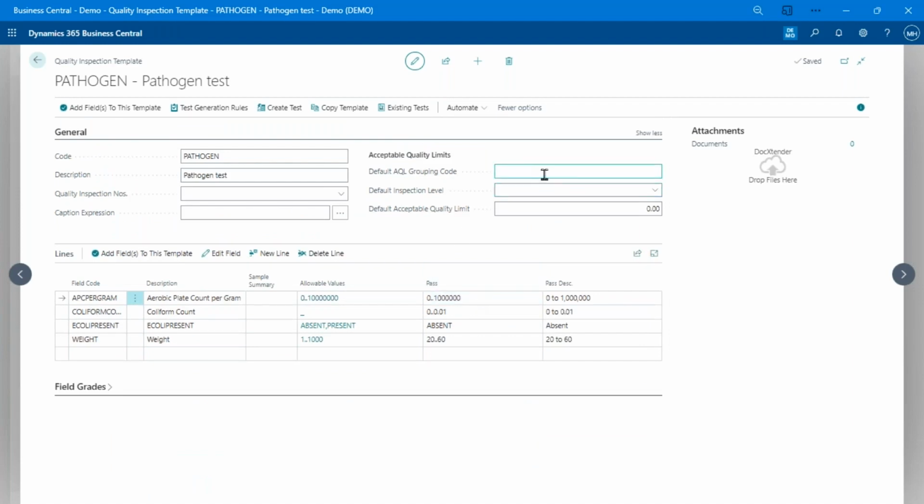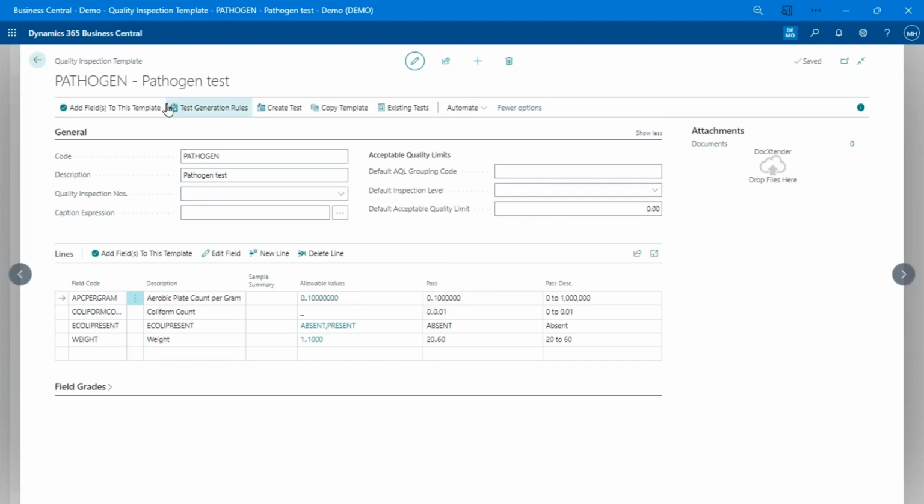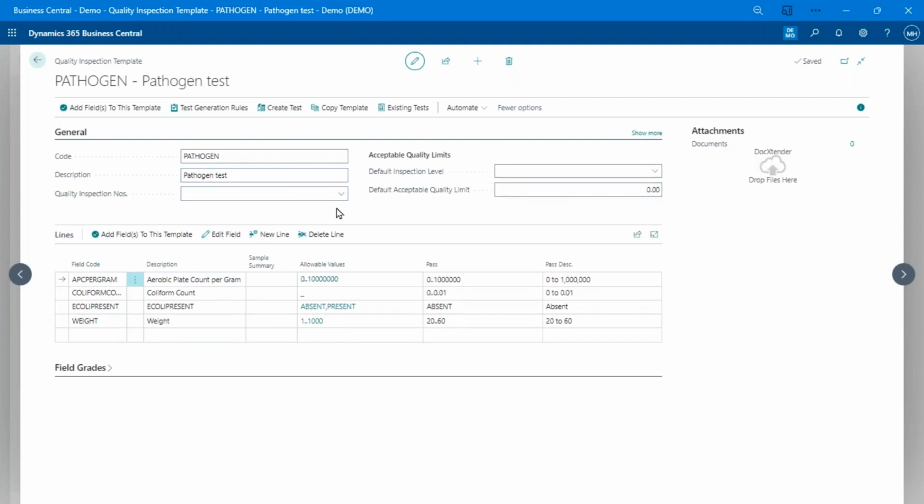Now up here, we've also got the ability, well, a couple other things. Again, here I can set a different number series. If I'm only using this pathogen test for receiving, maybe I want to set up a number series for quality inspection receiving tests, or maybe a number series for this explicit type of test, just to help filter and isolate, by the test number, what you're dealing with. And this caption refers to what we see on the test. So the top of the page here, you can set whatever format you want to show what's on that. Those are optional. Usually they're not shown.